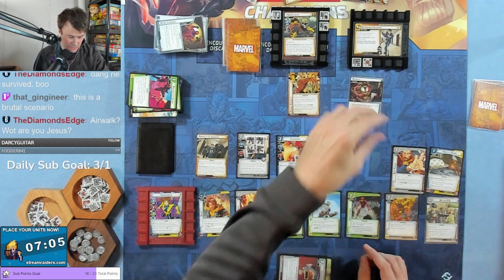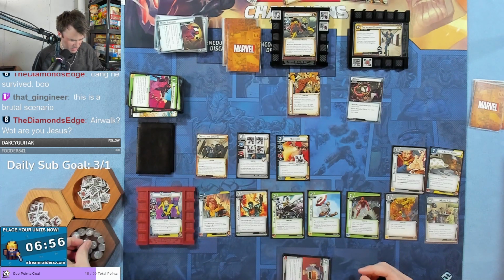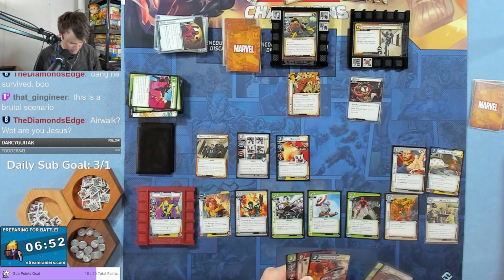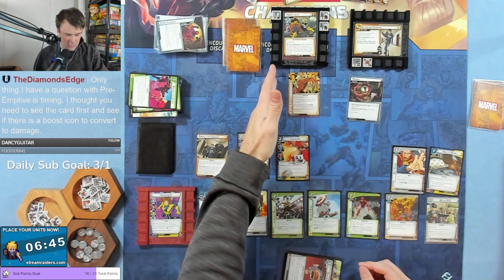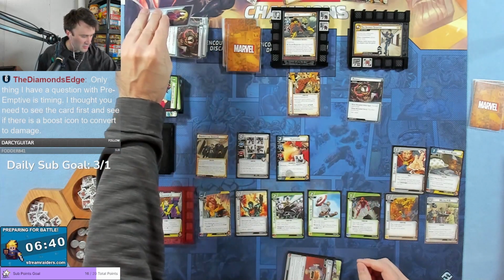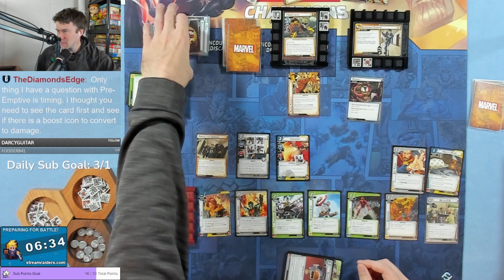Back card is... All right, the villain attacks you. Okay, this actually might be okay. Because what we're going to do is just straight up let Lockheed take this. Oh, wait. Did I heal? I don't think I healed. Did I heal? Did anyone... Preemptive timing is I thought you need to see the card first and see...